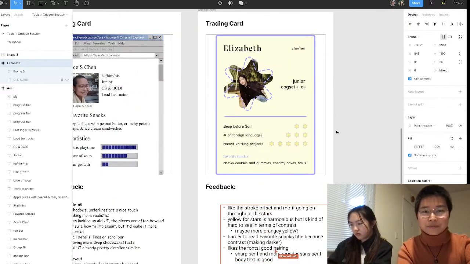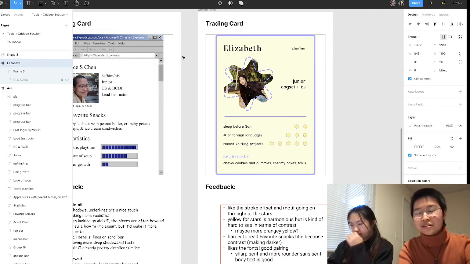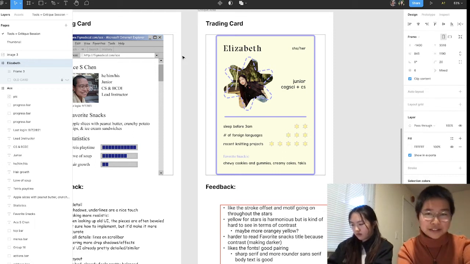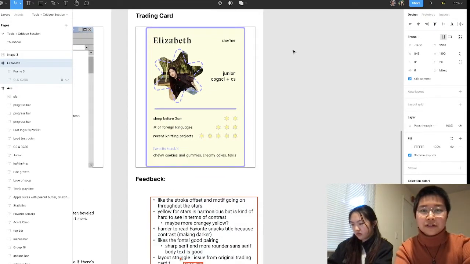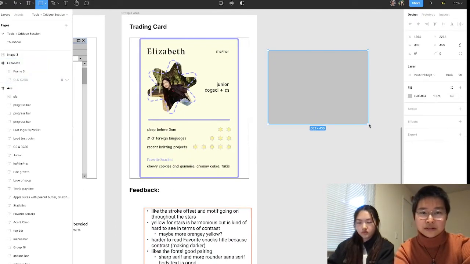Okay. Some notes that you wanted feedback on, about the empty space. I guess we both struggled with the layout. I think that's partially an issue from the original trading card templates. It was not necessarily laid out the best way. But one thing that I could imagine, I'll do a really quick riff here, is maybe, here we can